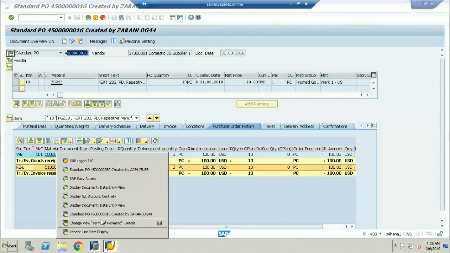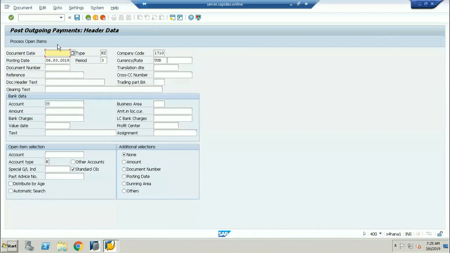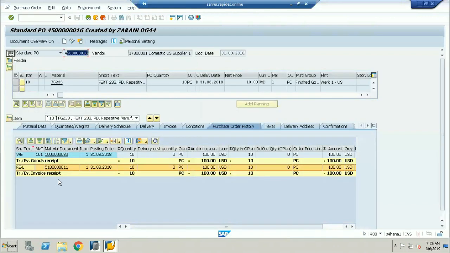I'm not using the reference of the purchase order. See, if I go back to /NF-53, I'm clearing that invoice. I'm clearing the vendor account number with the document number. So nowhere am I giving any purchase order number here. I'm not clearing that invoice with the reference of the purchase order. I'm clearing that invoice with the invoice number, with the document number, but not with the purchase order number. So that document flow will not show the clearing number here.